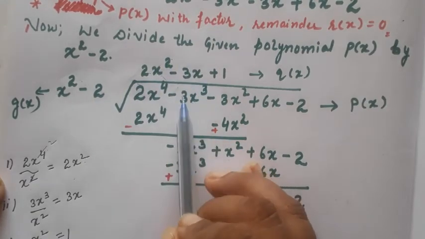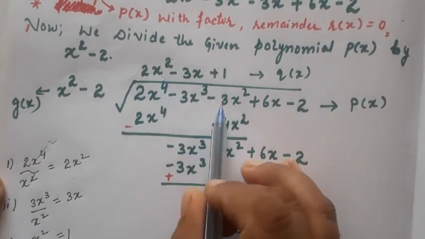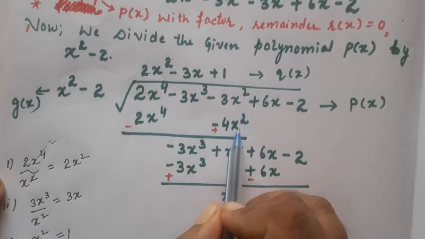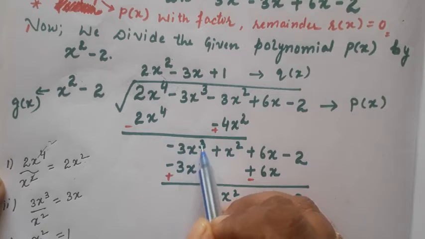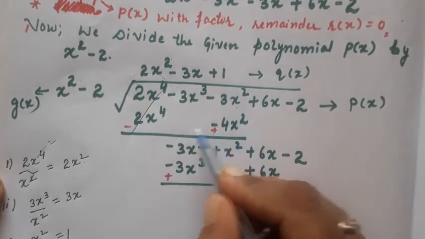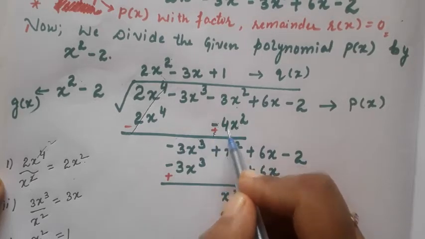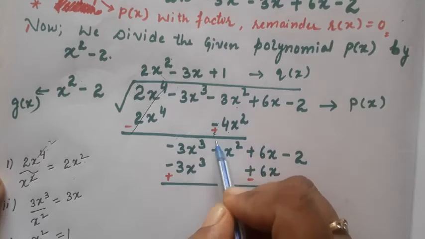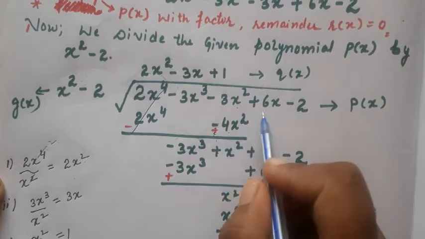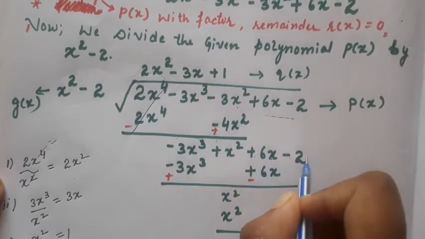Here the next term is x cube. We will skip this because we are having the literals x raised to power 2. So we will rewrite here, that is minus 4x raised to power 2. I will write as it is, and this will cancel out, and I am left with this. The sign will change. Minus will change to plus as we are doing subtraction. So plus, minus minus, I am left with here plus x raised to power 2, and I write the same things as it is, that is 6x minus 2.